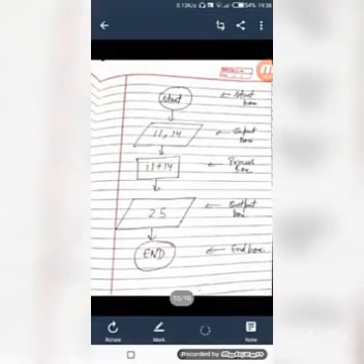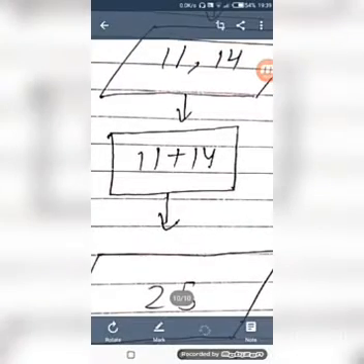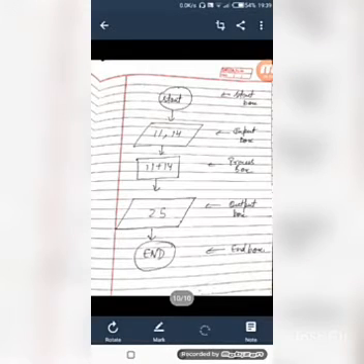So in the flowchart, first of all we have taken an oval symbol for start and an oval symbol for end also. First one is the start box and last one is the end box, and we have made oval symbols. For input and output, according to the guidelines, we have made a parallelogram, and for the processing, a rectangle here. This is our process box. So I hope now you will get what that flow chart is.